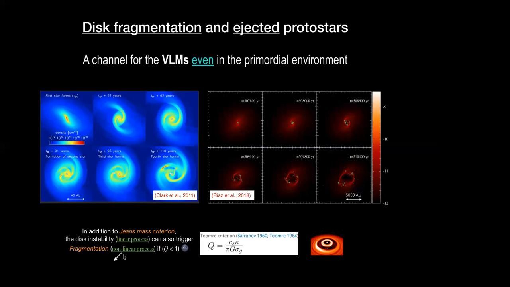So there is a feedback available here. Cause, effect, and then the effect is actually affecting the cause itself. So now the causality becomes bidirectional. And in that sense, we say that the fragmentation itself is a non-linear process, because now the feedback is involved and it is affecting the disk structure and hence the subsequent fragmentation happening in the disk. So in that sense, we see that the linear and the non-linear processes involved in the disk structure can trigger the fragmentation of different masses.